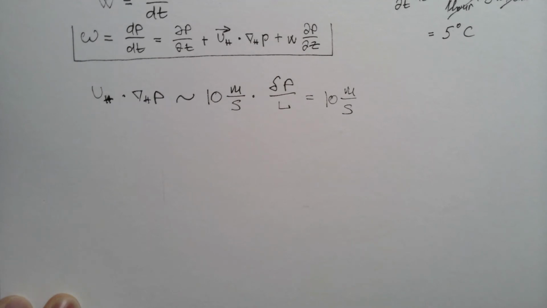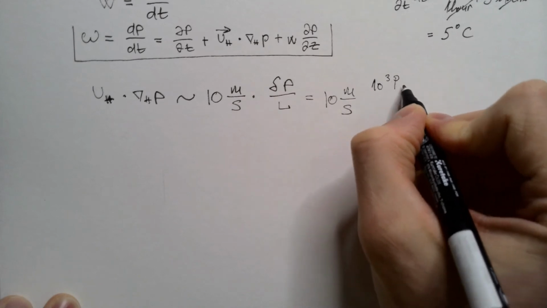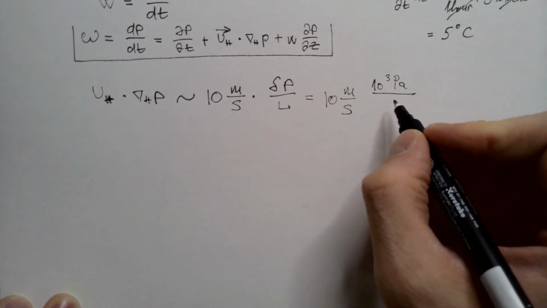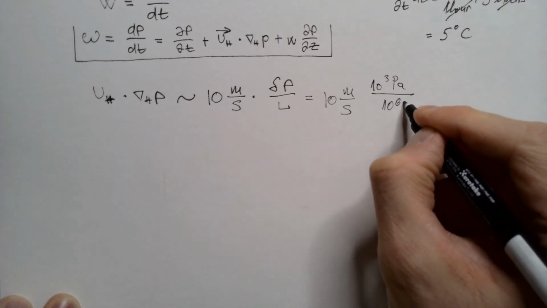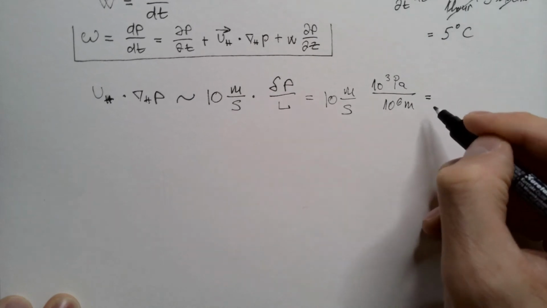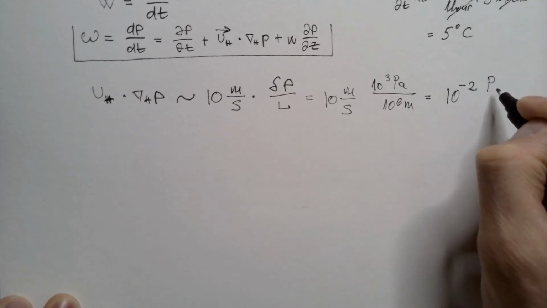Characteristic scale of pressure perturbations is 10^3 pascals, and characteristic horizontal scale is 10^6 meters, 1000 kilometers. And then if you calculate this, you get that this is 10^-2 pascals